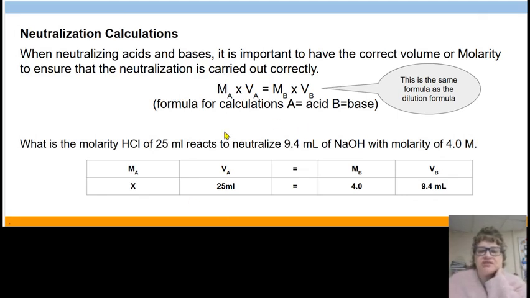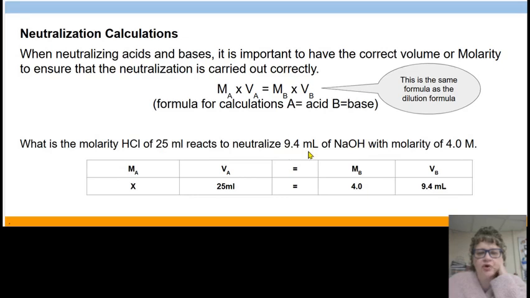Okay, so you've seen this formula before, right? This is molarity, and this is volume, just like our dilution formula. So I have the molarity of the acid times the volume of the acid equals the molarity of the base times the volume of the base. Okay, so in this case, what is the molarity of hydrochloric acid of 25 milliliters reacting to